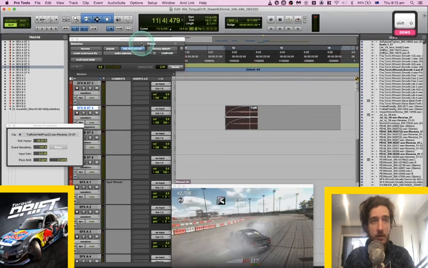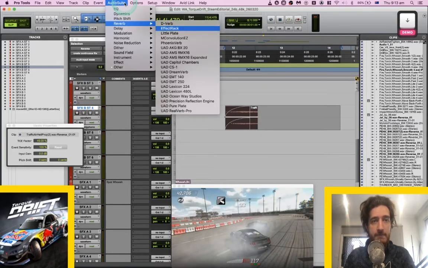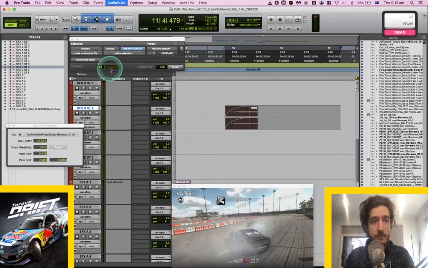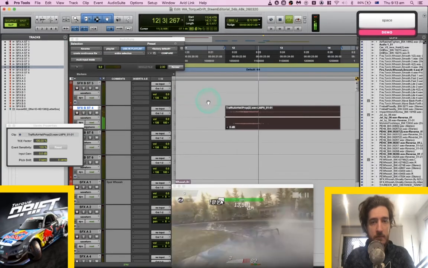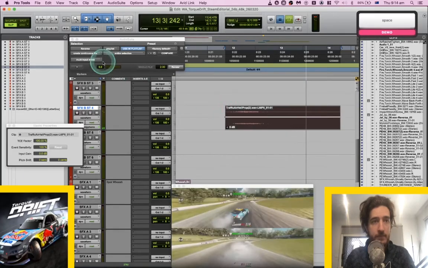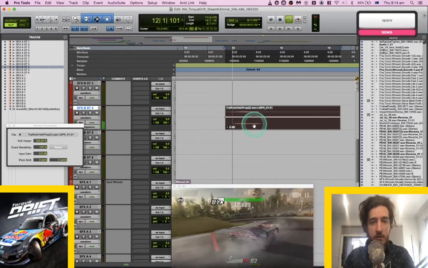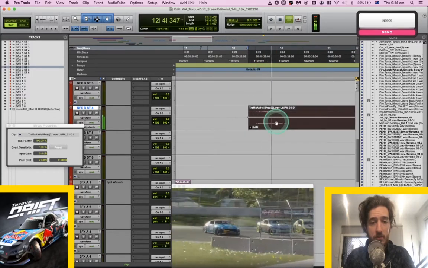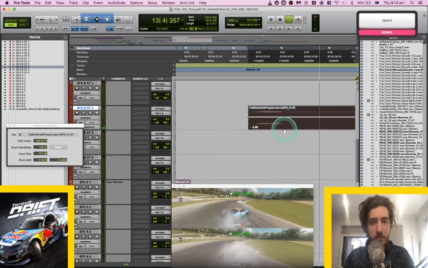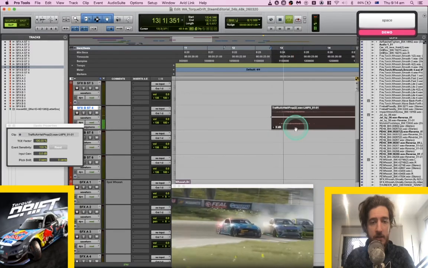And then we reverb it out. And then we'll get maybe over the cut.